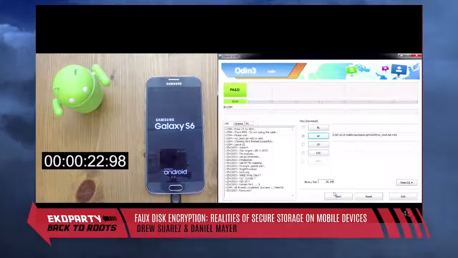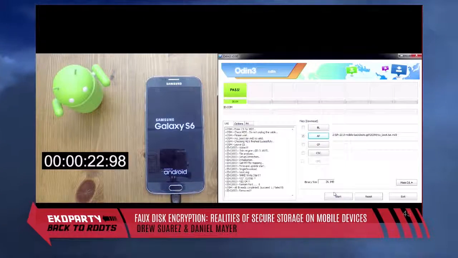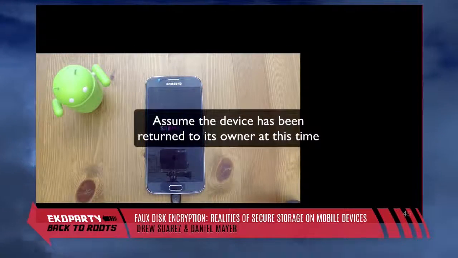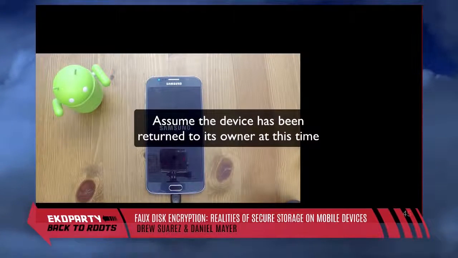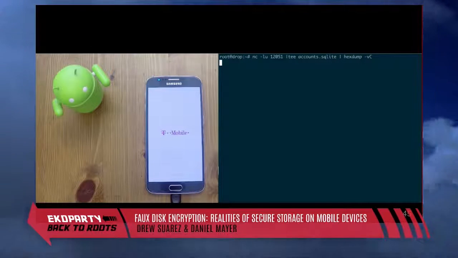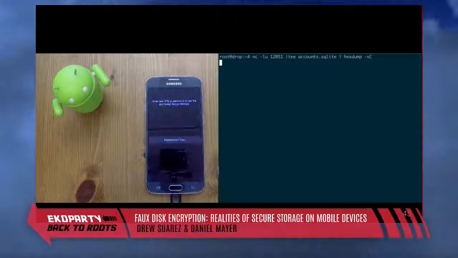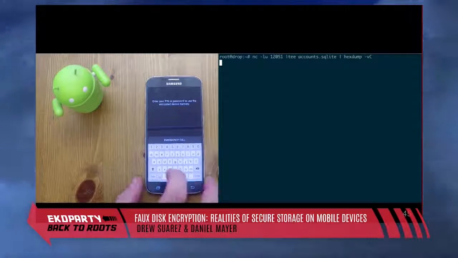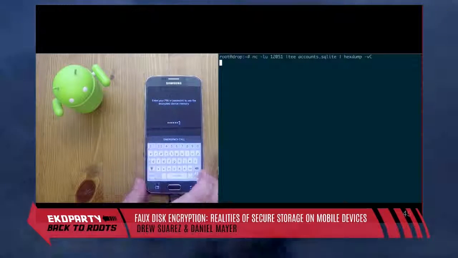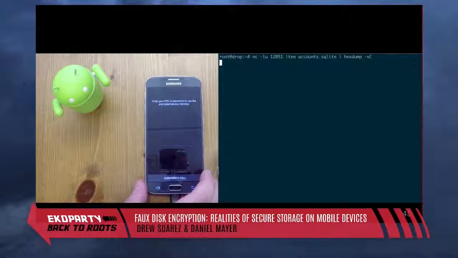So now the device will boot back up, and we will simulate giving this back to the user so that they can enter their decryption key. The idea is that, let's say you leave it at the table, you go to the bathroom, or you're going through airport security and they take your phone for a second, or anything you want to think of. So what we built is that whenever the device is unlocked, we will have a listener listening